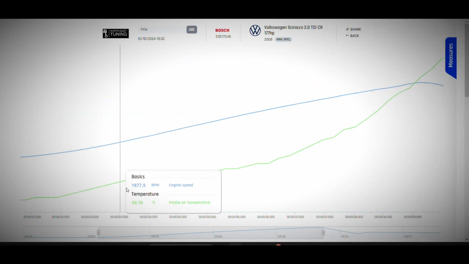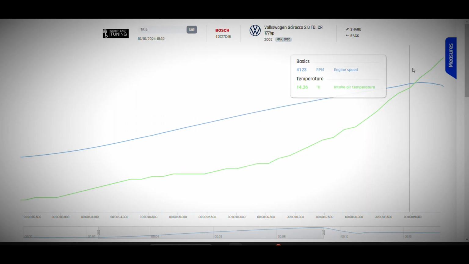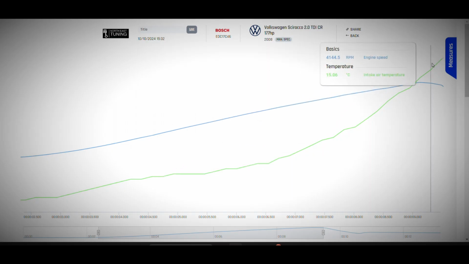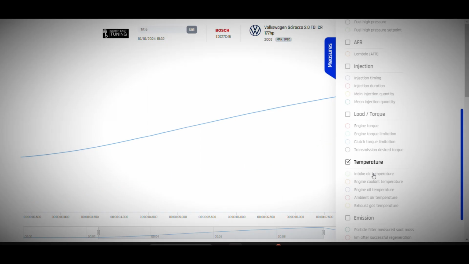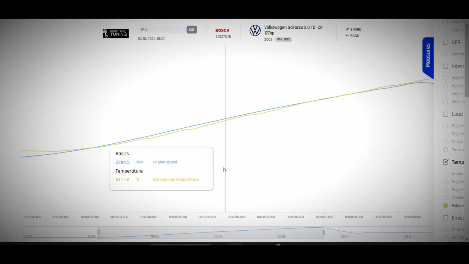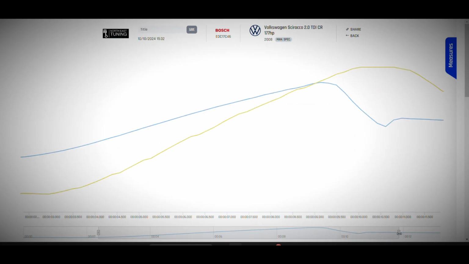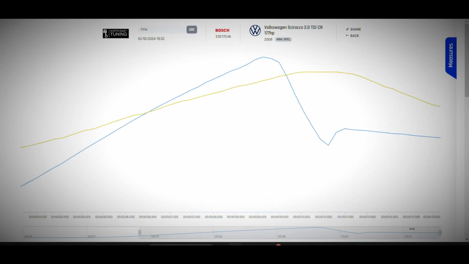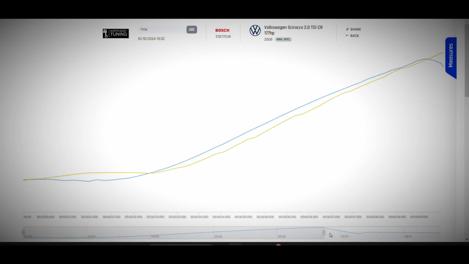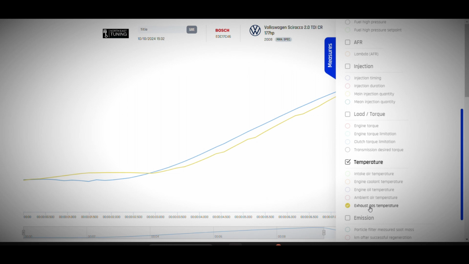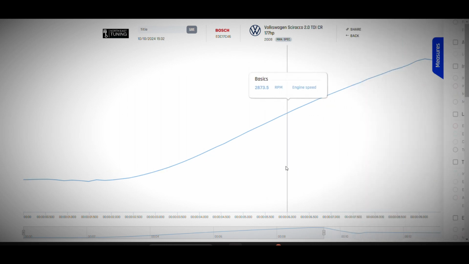We want to look at the inlet temperatures and make sure it's not getting too hot, and that is absolutely perfect, barely 15 degrees, which is awesome. Exhaust gas temperature, we saw 680 degrees at the end of that pull, and if we just stretch this graph out now, you can see it dropped away then. So yeah, long and short of it is, that's how we would interpret a data log and what we would look at to work out how healthy a car is